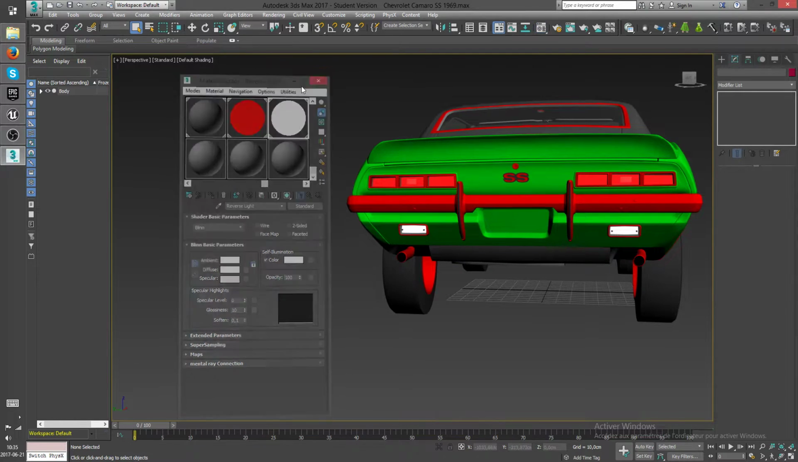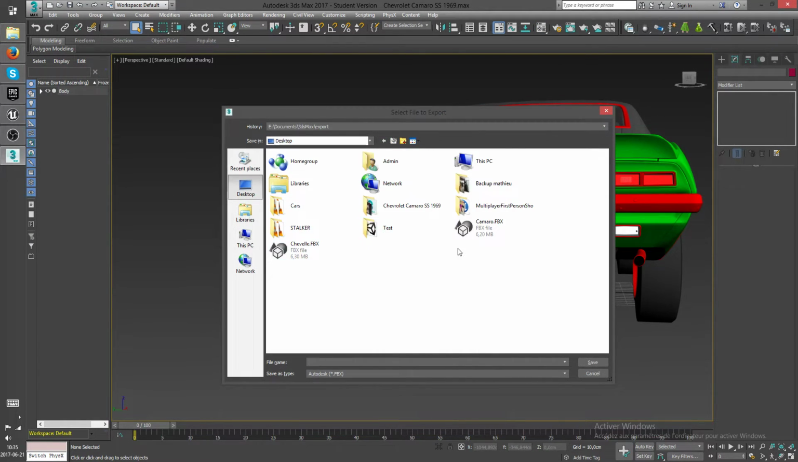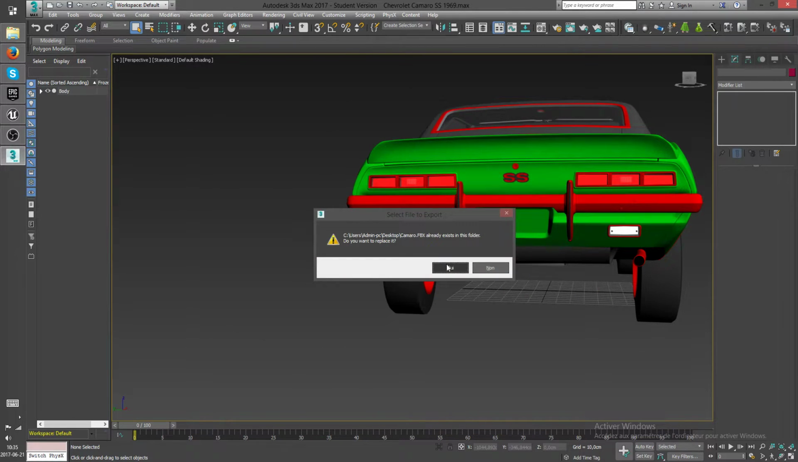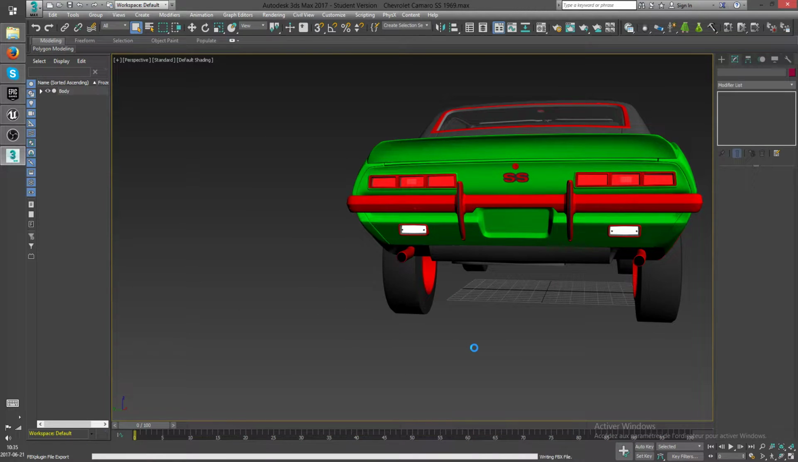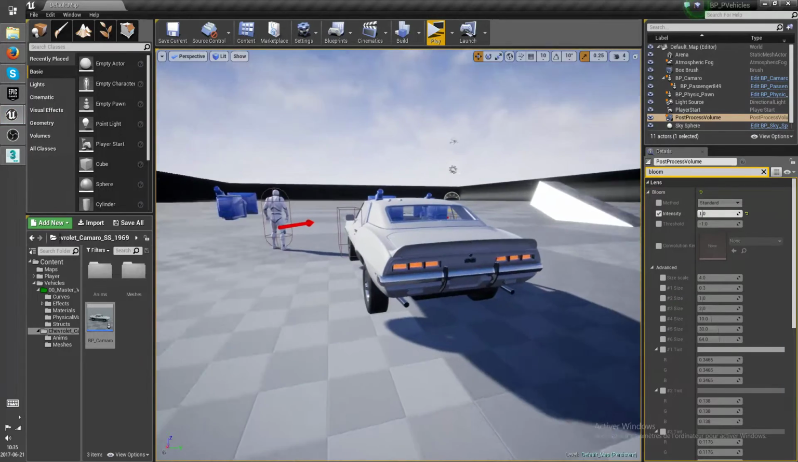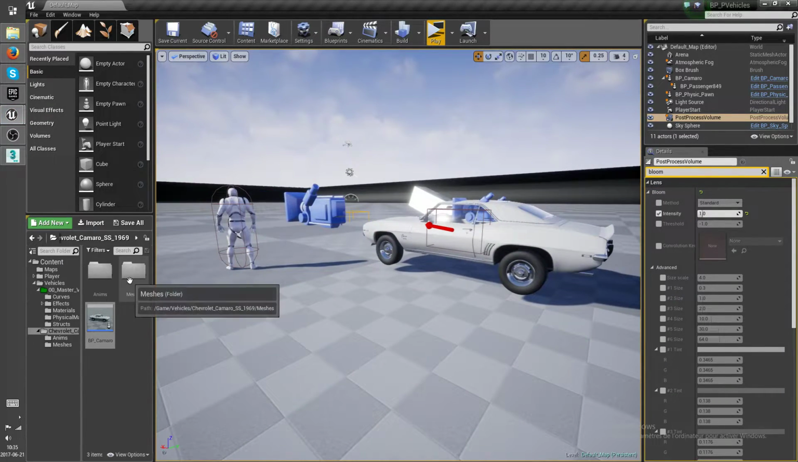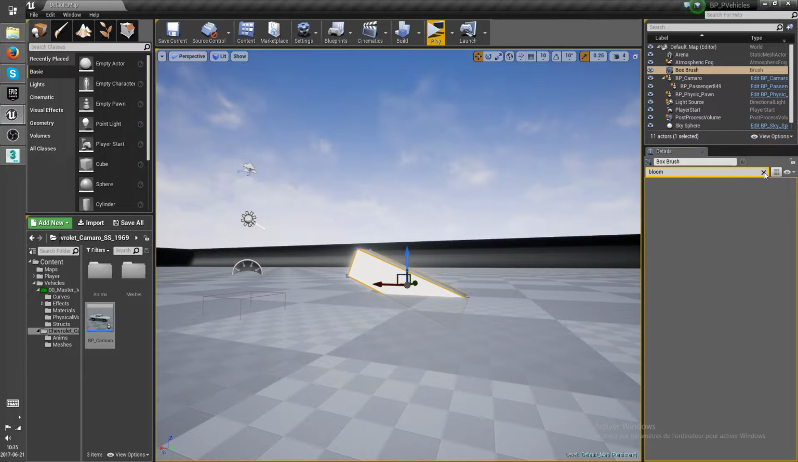which we're going to be able to use in the blueprint. So we're just going to export that to the Camaro. Yes. Geometry, smoothing group. Okay. Nice. And yeah, before I actually hit re-import,